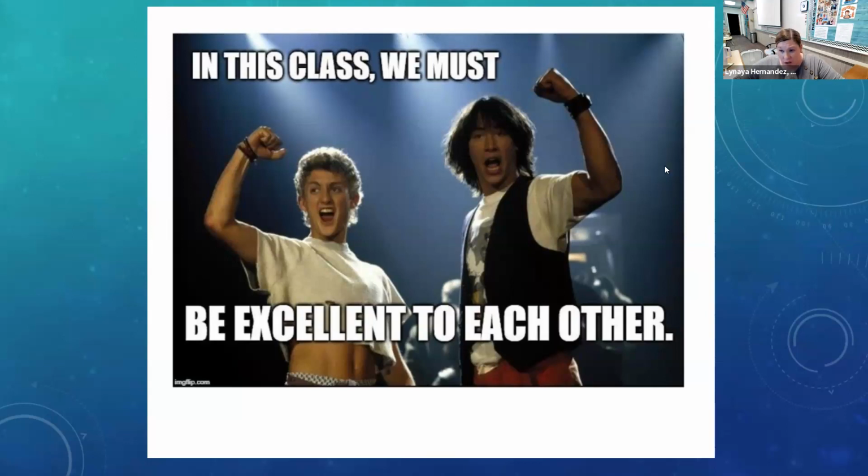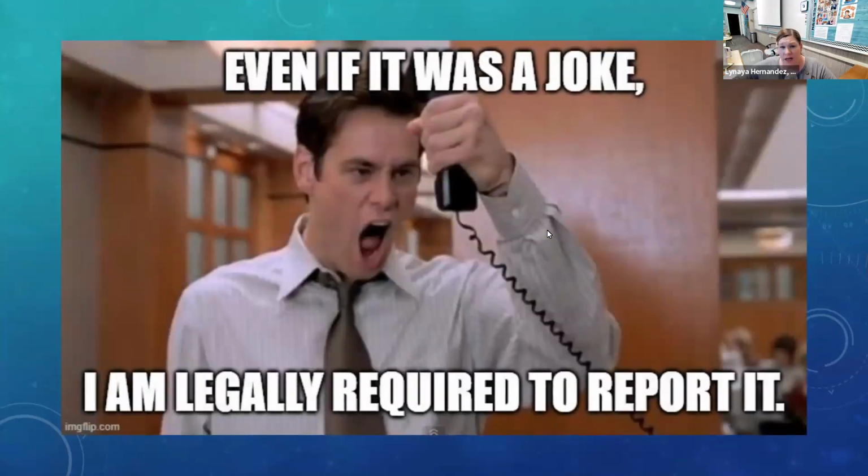So when you start to not be nice, that's when things are going to get sticky, and that's when it's going to get weird, right? But if you're just nice and cool and polite all the time, we're not going to have any issues. But just know that if you say anything discriminatory or say anything that is racially inappropriate, or say things to people in a way that is derogatory, or engage in speaking any slurs or anything like that, that becomes a legal issue, and I'm required to report it regardless of whether or not you meant it as a joke.